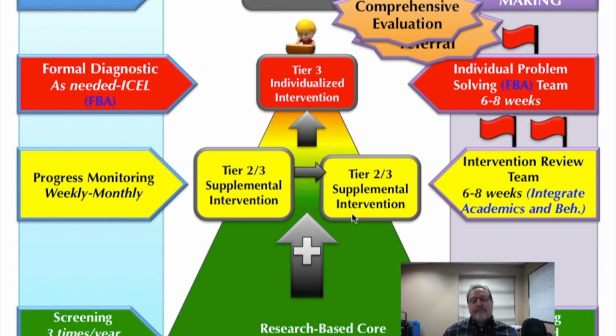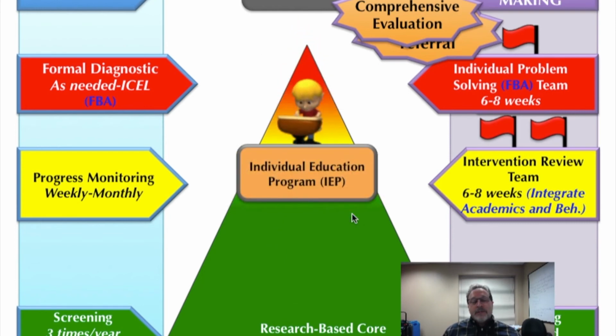And then again, as mentioned before, that's when you conduct a comprehensive evaluation, whether in the academic domain, the behavioral domain, or with respect to another handicapping condition that may have emerged as relevant through this process. So let's say there is an evaluation and the student is found eligible and then is put on an IEP.